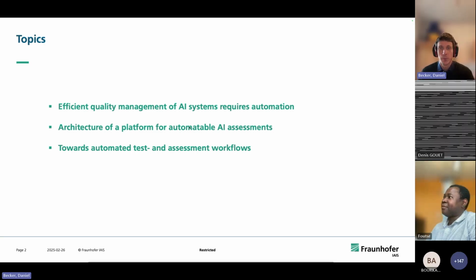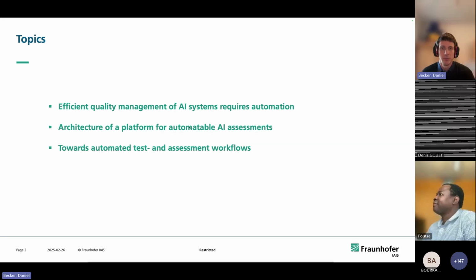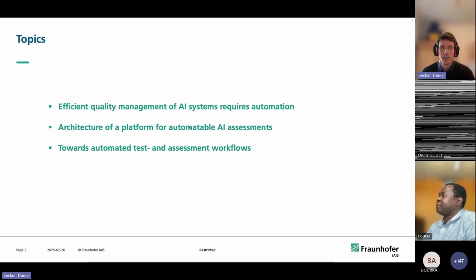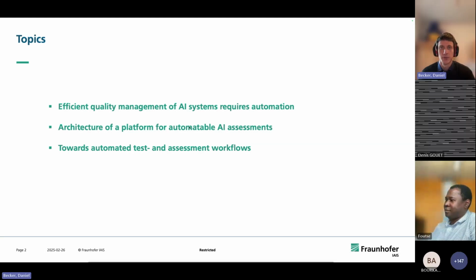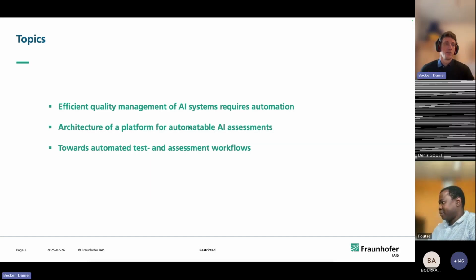But we will not stop there. We also have some work going on to really try to implement these concepts that we developed here. And I would like to show you also a little demonstration at the end of the talk, so you can see what is already there, which basically is a part of a kind of AI assessment platform.